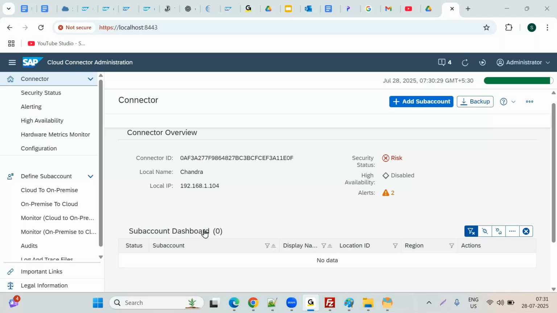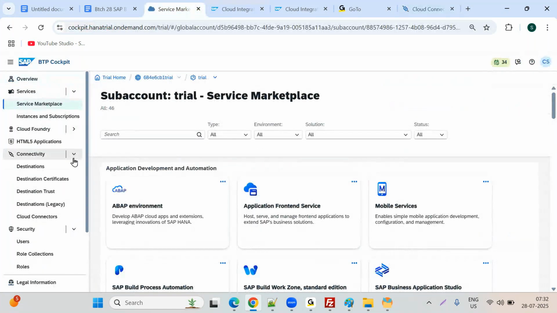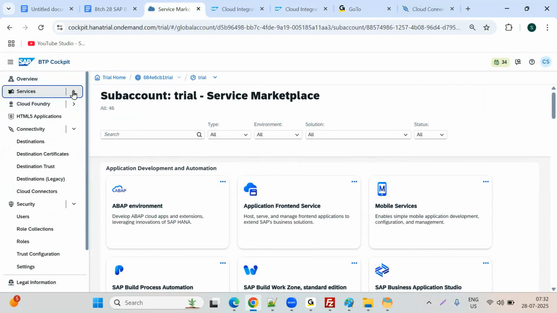I just closed all the unrequired tabs. So now this is the Cloud Connector. The installation part is done, and I'm able to open this. The next thing is to add a sub account here. This is the add sub account option. How do we connect with this sub account? We have two options. You can manually configure it, or you can directly download the